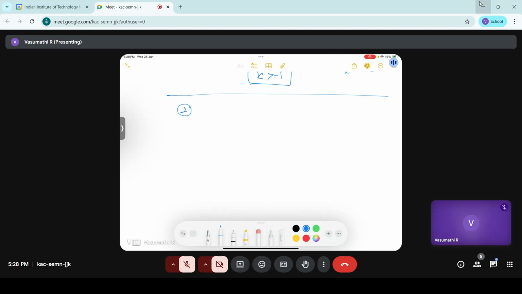Okay. The second question is, similarly, consider a unity feedback system with forward transfer function